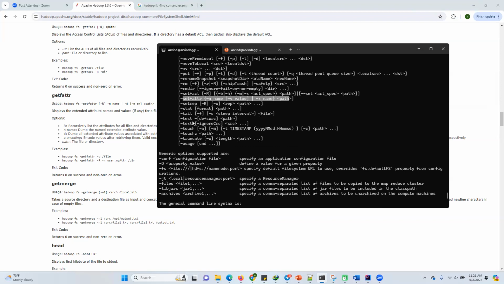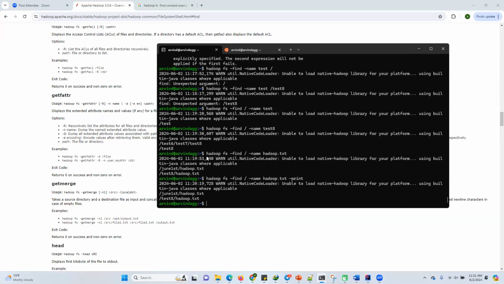So with this command you will be setting the attribute. You can set minus name, some name and a value. You can give the key value pair, and you can set it on the file name. So minus n, and you will give the name, and minus v for the value of that one. Okay. So Hadoop fs minus set